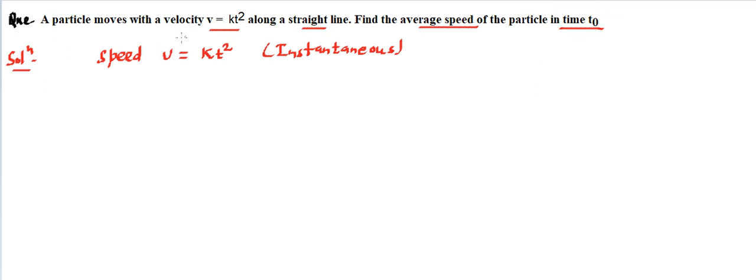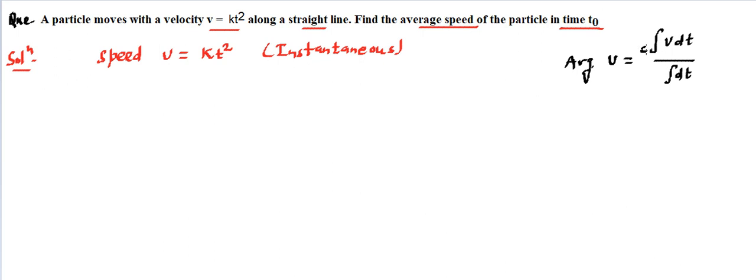Making sense? So this requires an idea in which out of the instantaneous value, we can find the average value. So we can have a direct formula for this. What is that direct formula going to be? Whenever instantaneous velocity or speed is given to us and average is being asked, whether it's speed, velocity or any parameter, we can use this formula. So average v is given as integration v dt divided by integration dt. And here the limit has to be placed for the time interval given.